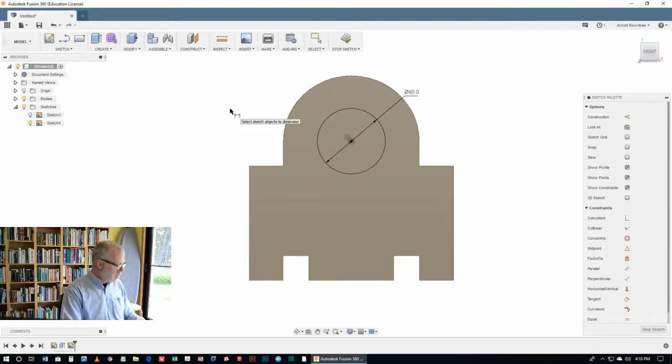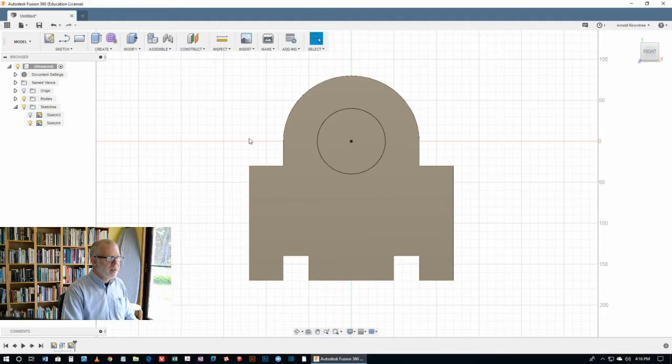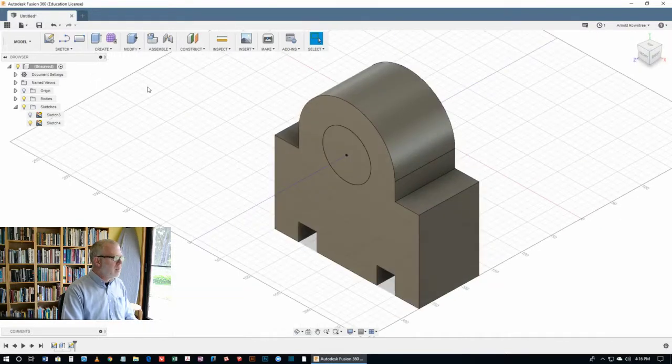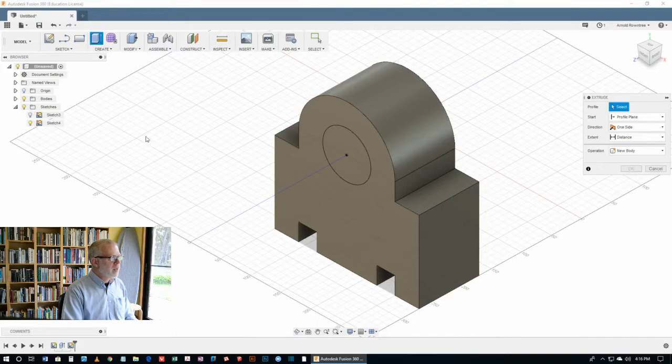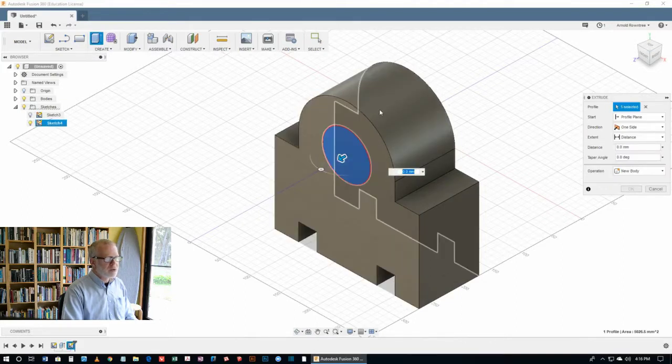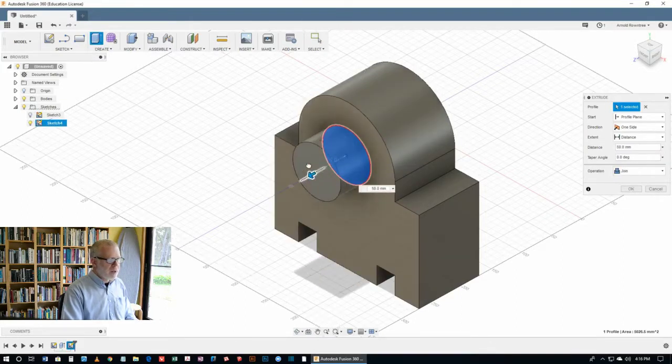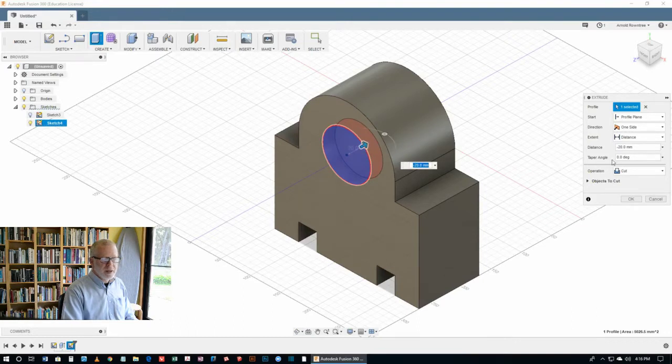Our sketch is finished, so I'll hit the S key and choose Stop Sketch. That's a little bit quicker than going up to the menu. Then we want the isometric view again. This time I'm going to click on the Extrude button and choose the profile we just drew. Grab the little blue arrow, move it a little bit. We know that we're making a cut here, and the extents are going to be through all,